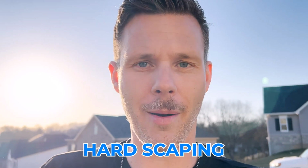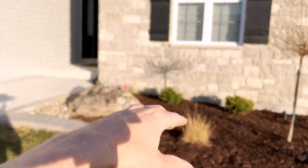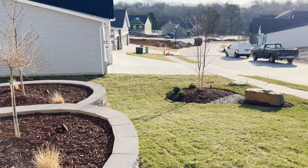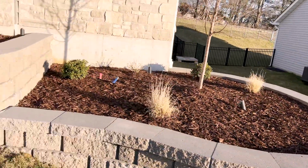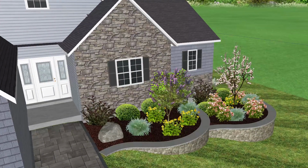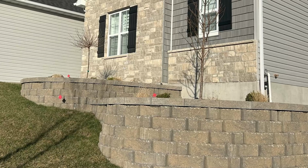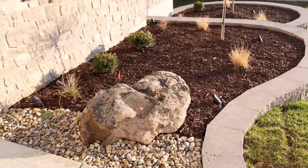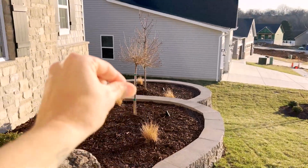The other thing is you want to lead with hardscaping that is going to create opportunities for planting. So instead of a wall that just kind of comes out and cuts right over and then just kind of steps up and goes to grade, we brought these out and away from the house, split the difference because this is a heck of a foundation, and brought in some curves. So what you'll see is with those curves, now you've got lots of space to put a tree, to put some bushes,